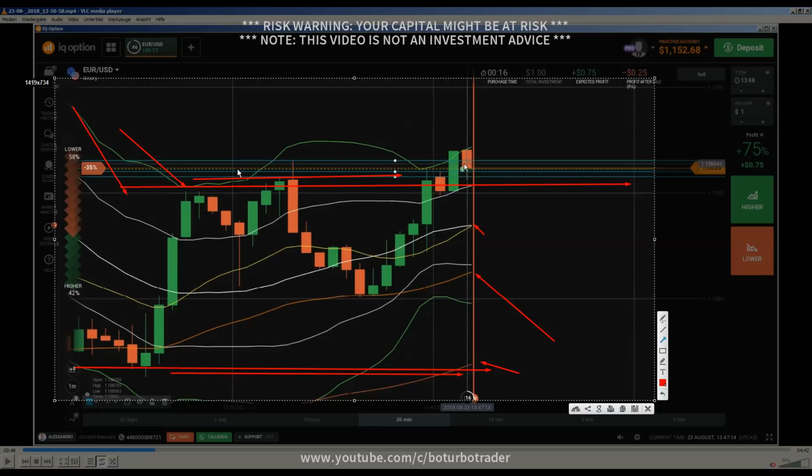And here I drew this support and resistance level based on the wicks of those candles. Obviously about here you see the Bollinger Band got a V, which is a nice sign for a support and resistance level. And so I did what? In an uptrend, a call option on support. That is what I'm saying all the time: try to do call options on support in an uptrend and put options on resistance in a downtrend.